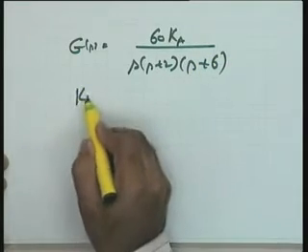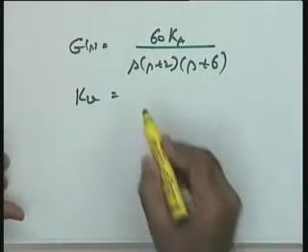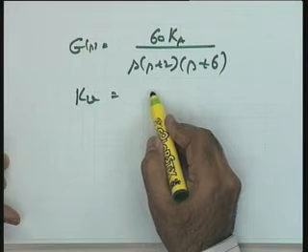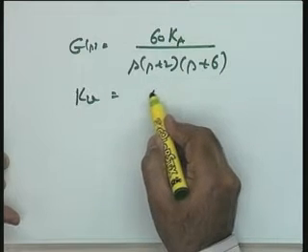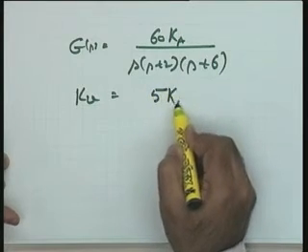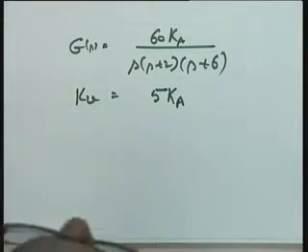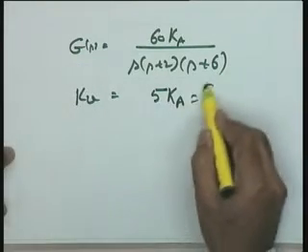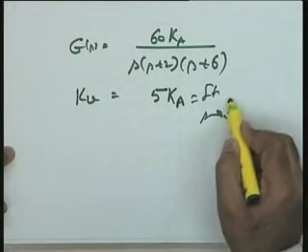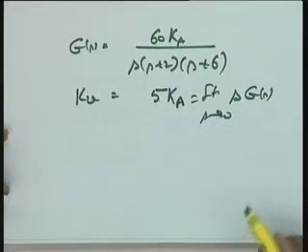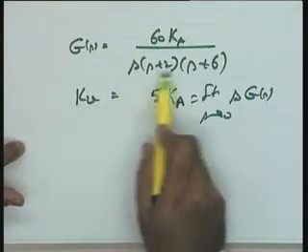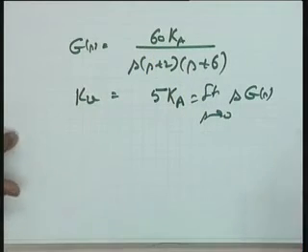So, Kv in this particular case I find, please see, Kv is equal to how much? Kv is equal to 5 Ka, is it all right? Yes, I think it is okay. Kv is the limit as s tends to 0 of s G(s). So, this s goes, this s goes, 12, 5 Ka is the value of Kv you are getting.